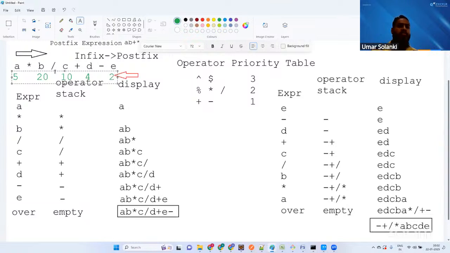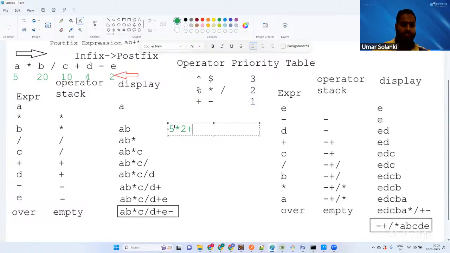So A is 5, B is 20, C is 10, D is 4, and E is 2. If I do this calculation on the calculator, what would be the answer? As per BODMAS, I have to do the division first. You all do the math. So 20 divided by 10,